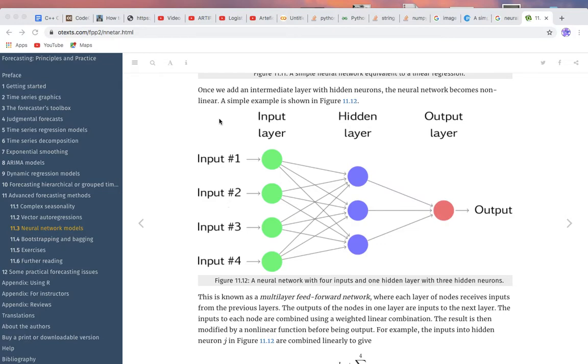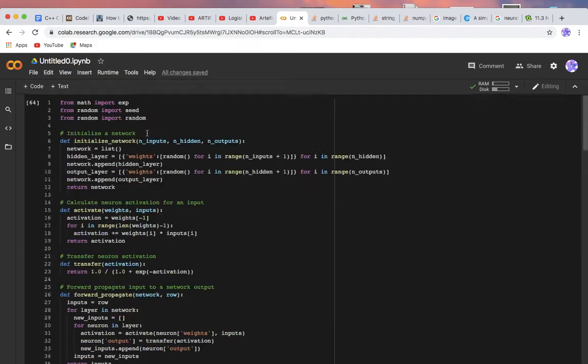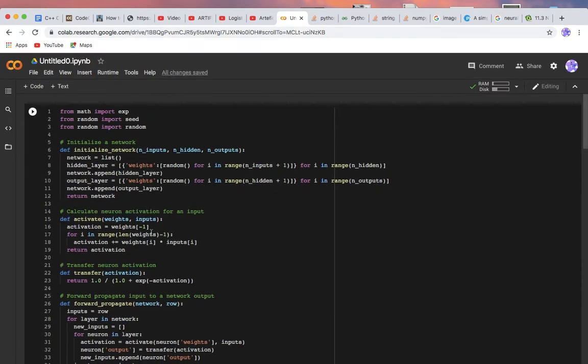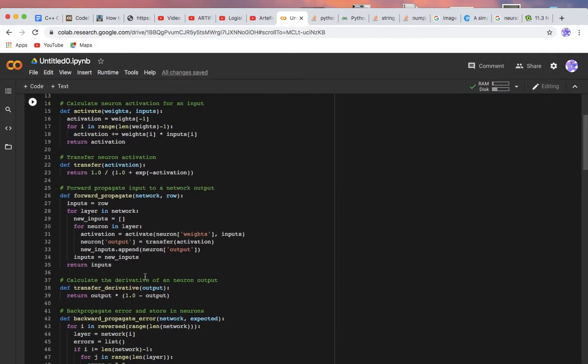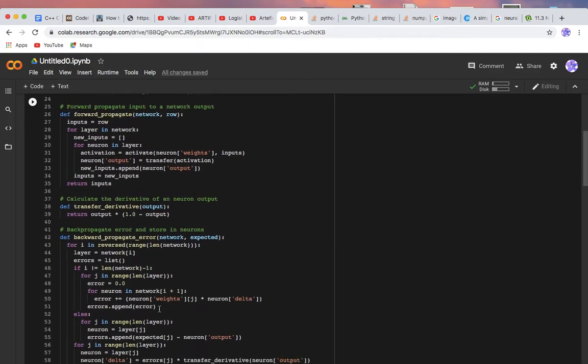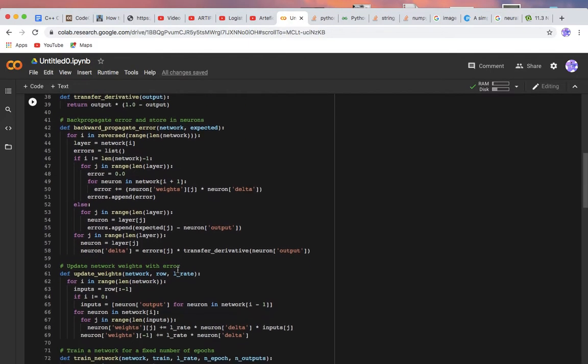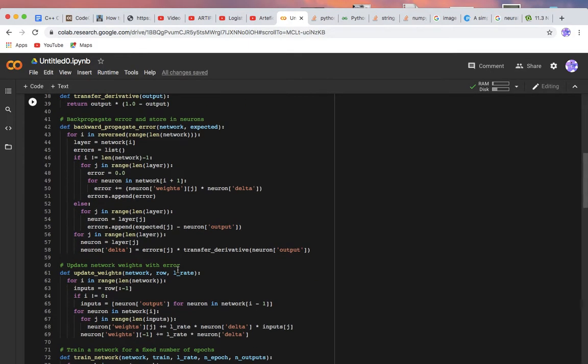In this video, we'll discuss forward propagation in detail. In the last video, you saw how this artificial neural network works, how the activation function works, how it gets transferred, and then finally forward propagation. And then we have backward propagation to find out the errors and correct those errors.